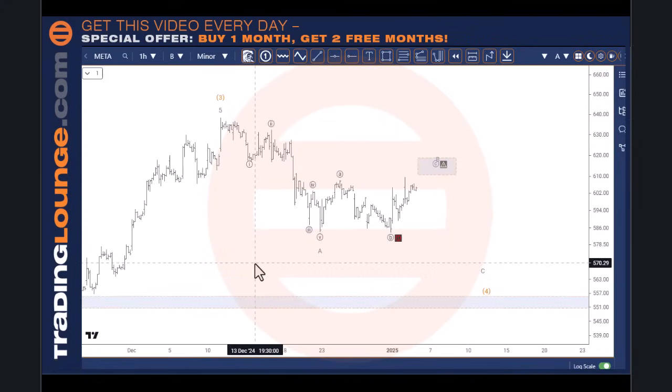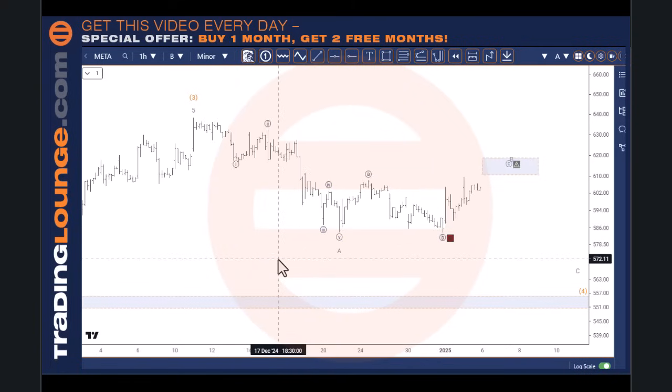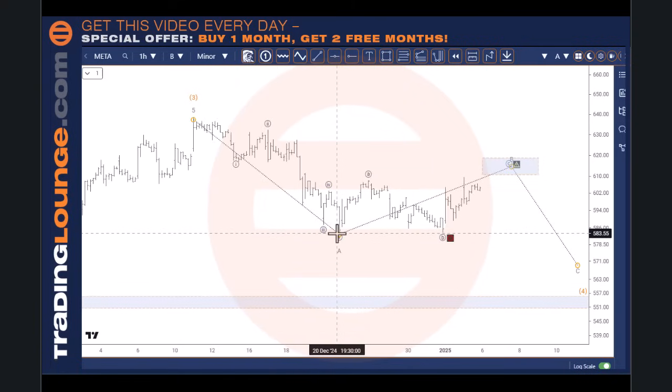I'm just going to cut through with Meta here. I'm just going to go to the hourly chart and look at this particular top here, because we want to understand this correction, and then we want to be looking on the long side. Currently here we can see that we've got wave 1 and 2 here, then 1, 2, 3, 4, 5 for the third wave, the fourth wave, and the fifth wave. So there's a good case to have 5 waves down to this particular point.